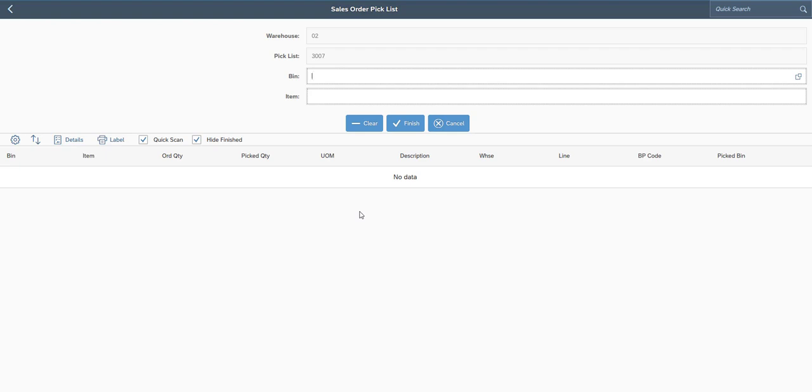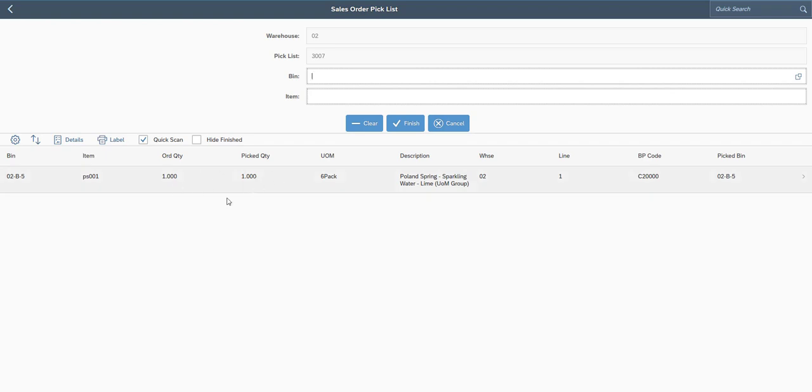So that means that once the screen's empty, the grid's empty, you know that you've completed your task, and you can hit finish. If you want to see what's there, what you've picked already or received already, you can unclick hide finished. You'll see the item is there, but because the order quantity is 1 and the picked quantity is 1, with hide finished enabled,